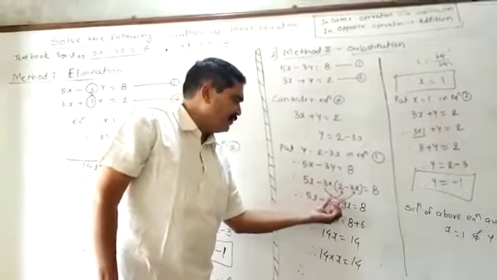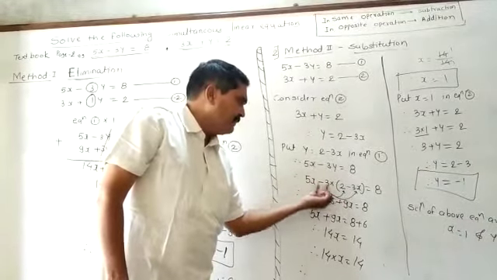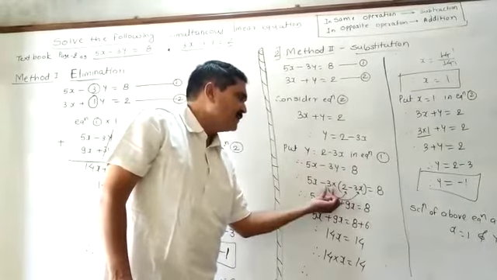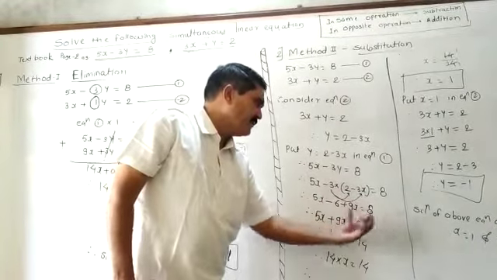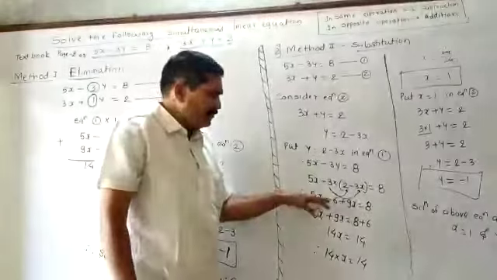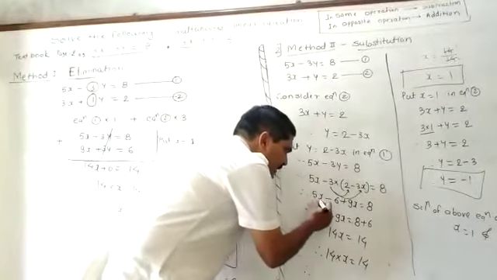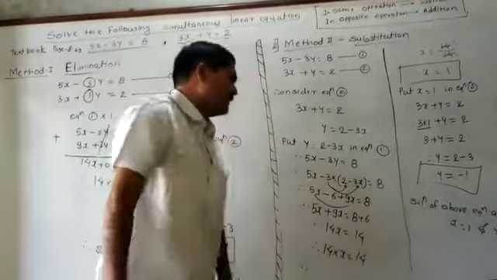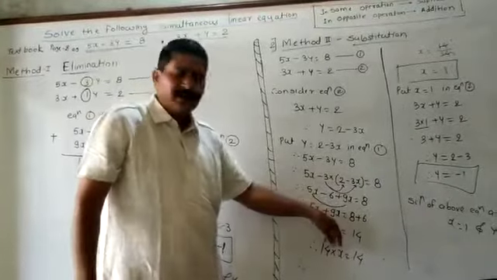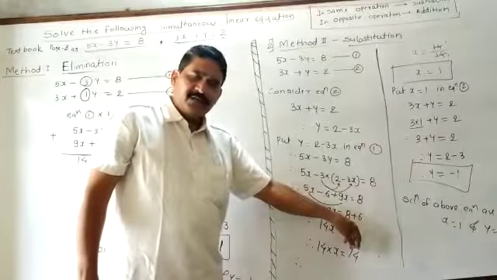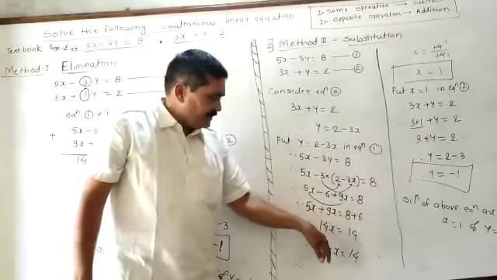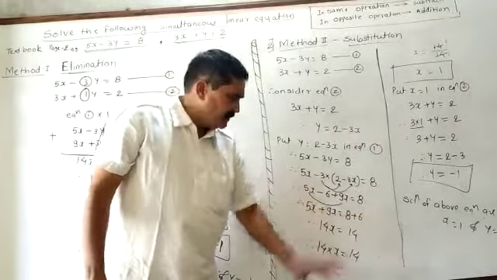3 multiplied by 2 is equal to 6. Minus multiplied by minus is equal to plus, 3 3s are 9x, is equal to 8. Then you have to collect the like terms together. These 5x and 9x are the like terms. These like terms you have to write together and the numeric terms together. Then 5x plus 9x is equal to 14x and 8 plus 6 is equal to 14.